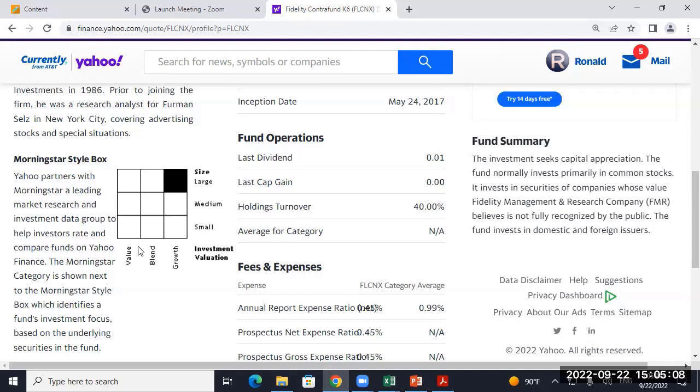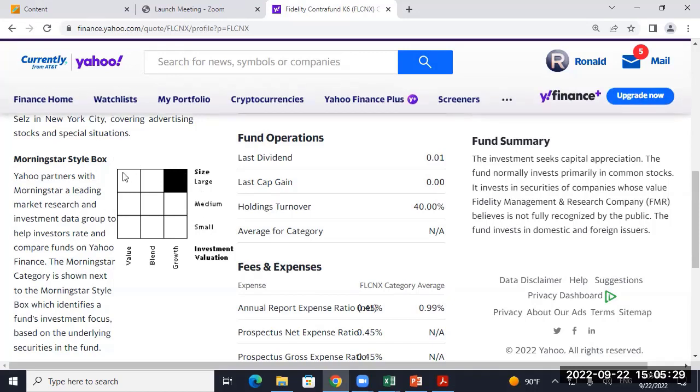Are they small cap value? Someone yell it out. Large cap growth. Yeah, so if you're in an interview and say, "I was looking at Fidelity Contra Fund," that's a large cap growth manager. Does that sound like an undergraduate student? It doesn't, but that's what you don't want to sound like, an undergraduate student.